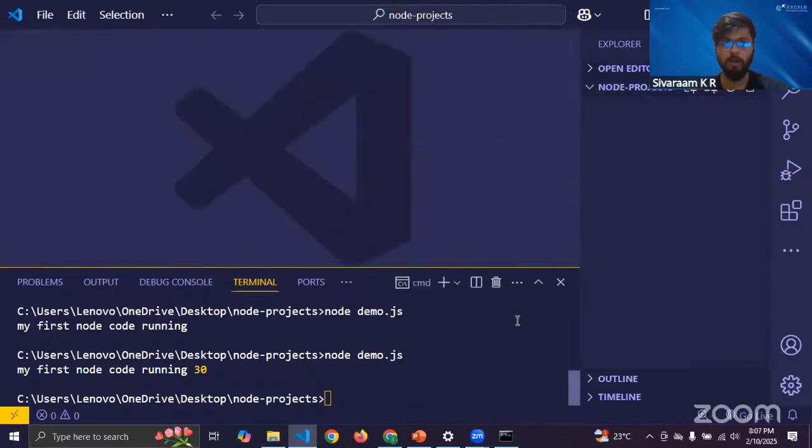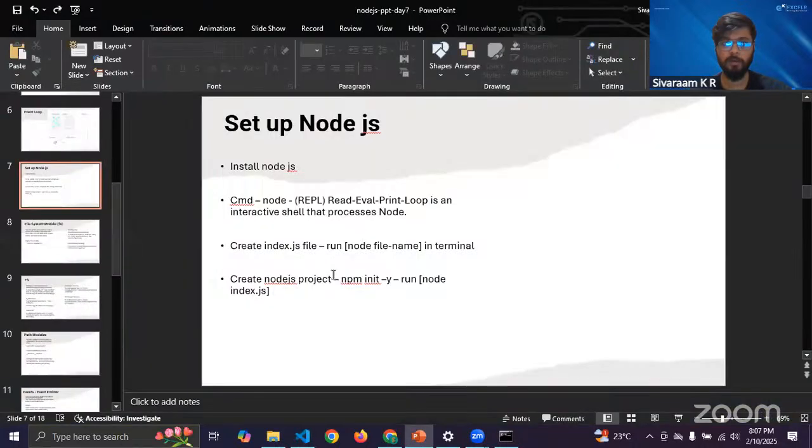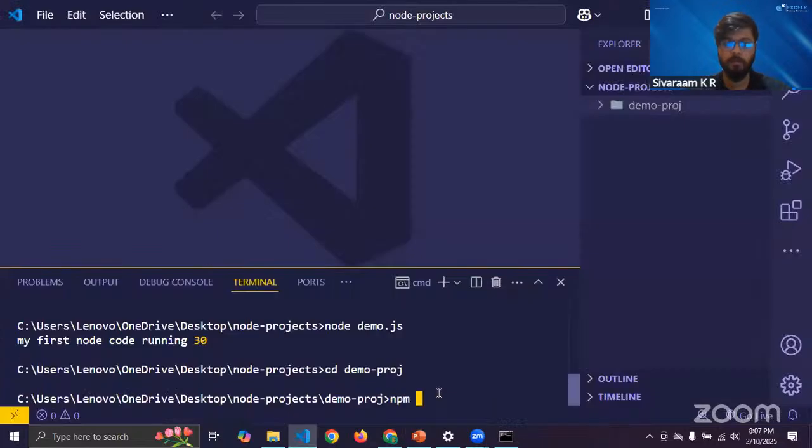Here I'll create a new project. Just create a new folder, demo project, that's it. Then I need to match my path, right? So what is the command? cd space tab. Now once I go to my demo project, I need to create a node project. So what is the command? You can see in the PPT, npm init -y. Now I'll run the command here. npm init -y. Once you hit enter,